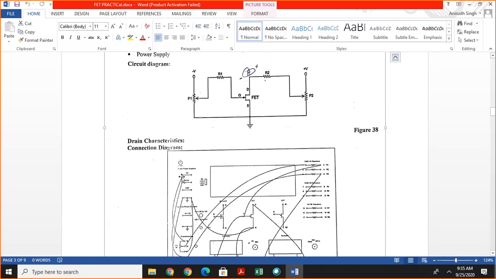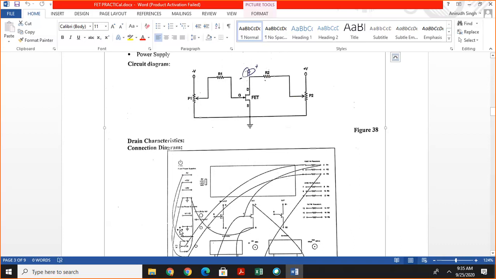Variable terminal is connected through a resistance R1 to the gate, and this terminal minus 5 volt is connected to this terminal of potentiometer. Ground is connected to the next terminal of potentiometer, and variable terminal is connected through a resistance to the gate.